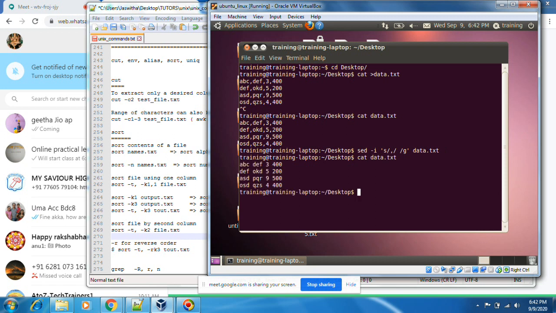Now this is the CSV file, comma separated value file. Each word is separated by comma. Now here each word is separated by space.